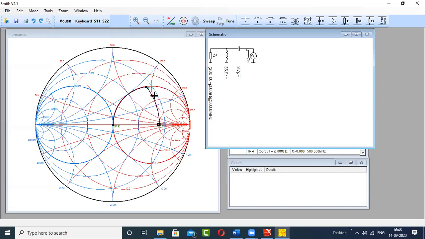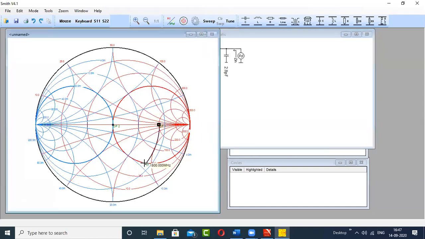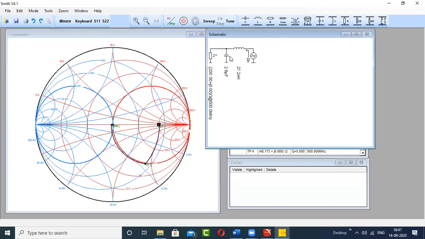And the second solution, as you already know, is that you once again move on the blue circle, but in the clockwise direction. So this time shunt C, I'm moving downside. I will once again stop on this 1 plus jx circle because that passes through the center of the Smith chart. This time I have to move in the clockwise direction, so I will take the help of a series inductor. Now I will click at the center of the Smith chart. So this time it is shunt C and series L, and the impedance matching is achieved. That is the transformation of the impedance from 200 to 50 ohm.